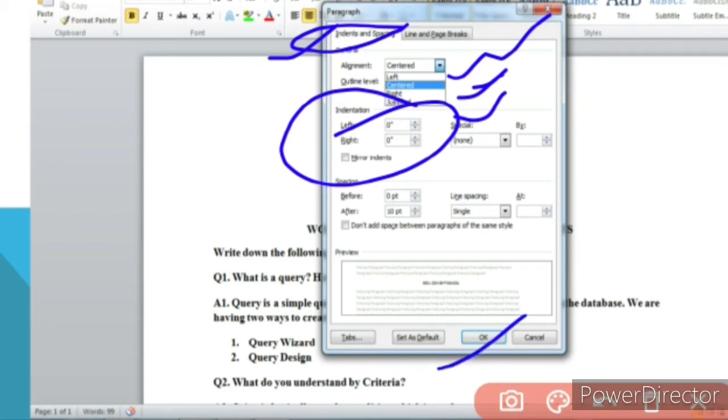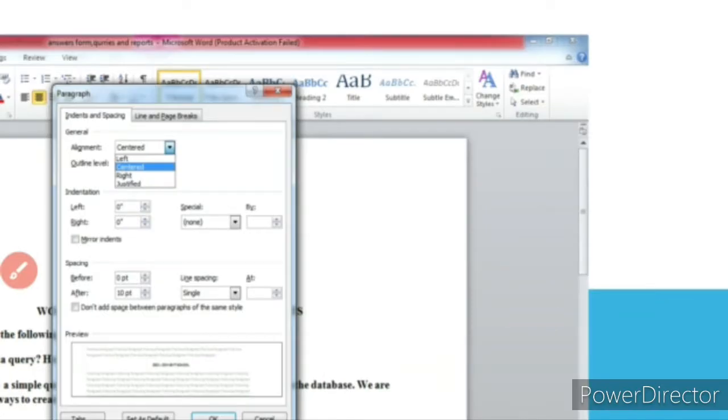After clicking on the OK button, your settings will appear on your paragraph. Okay. Next,